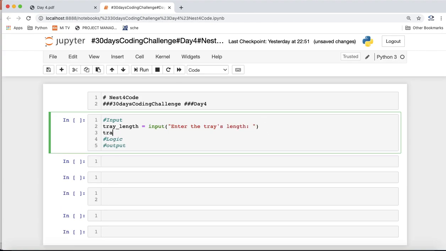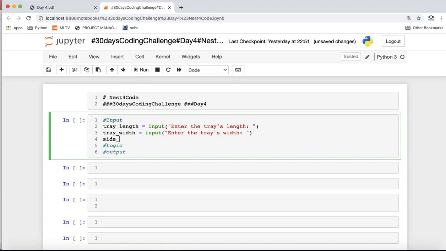Similarly, we'll get the tray width also, and the side of the cube, because for a cube the length and width will be the same.